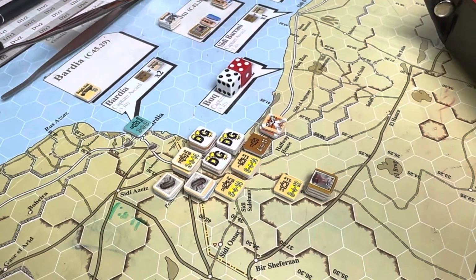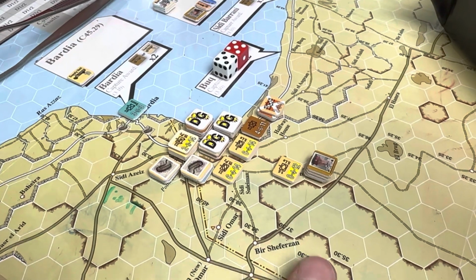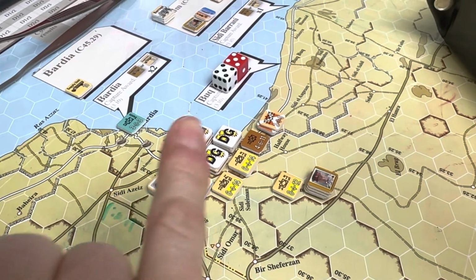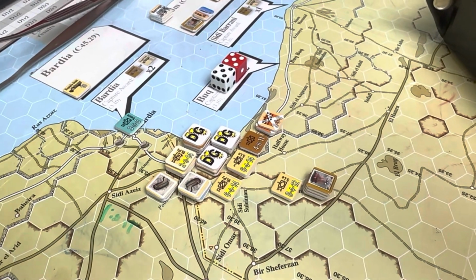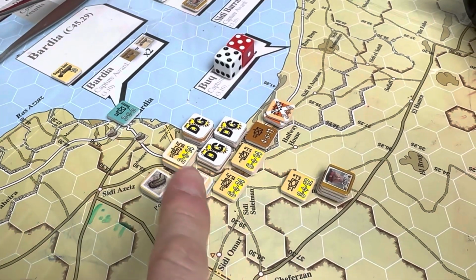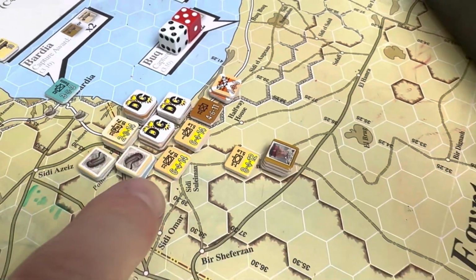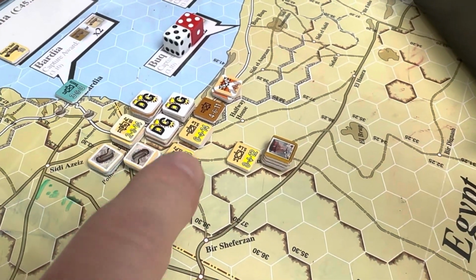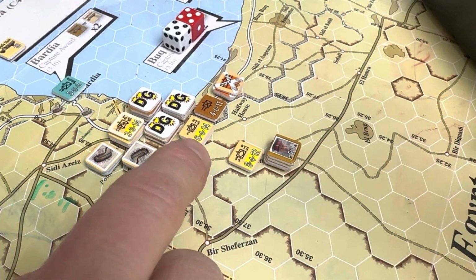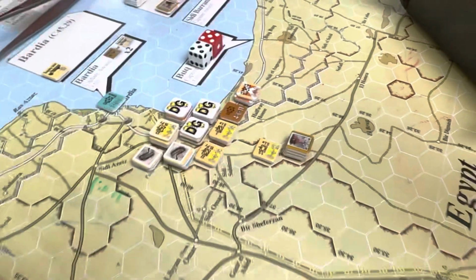Okay, real quick here. So this is Operation Battleaxe. I've already had an activation for the British, an activation for the Germans. The British took all 4 locations: Fort Capuzzo, Sollum, and both sides of Halfaya Pass. However, they left one side of Halfaya Pass with just a supply unit in it,